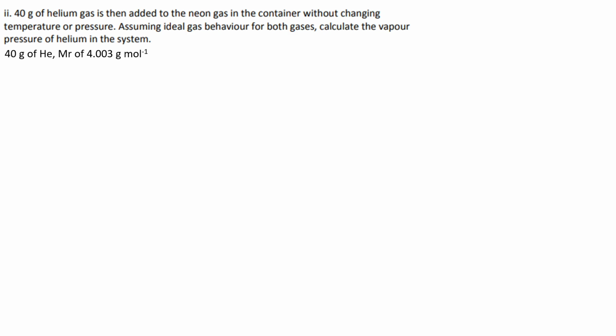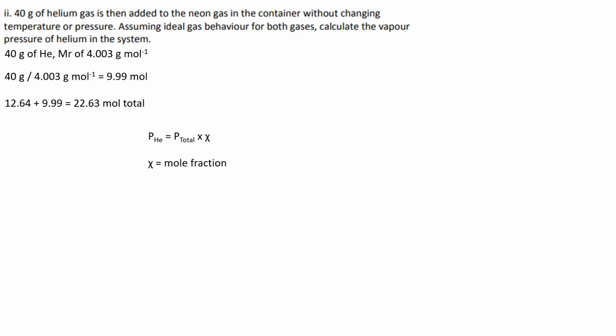Now we know the mass of helium, and we know the molar mass of helium, so we can work out the number of moles of helium, and we had the number of moles of neon, so we now know there are 22.63 moles in total. Now the pressure was exactly the same, but the mole fraction we can work out by doing the moles